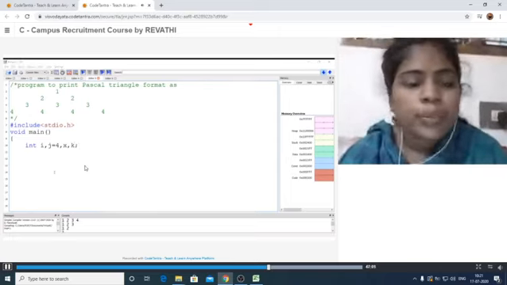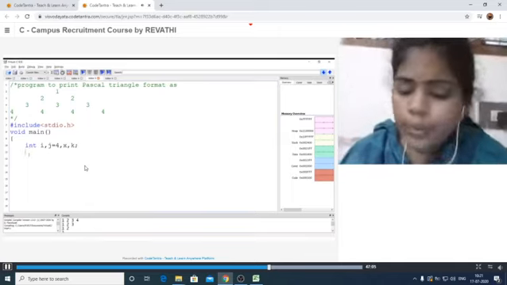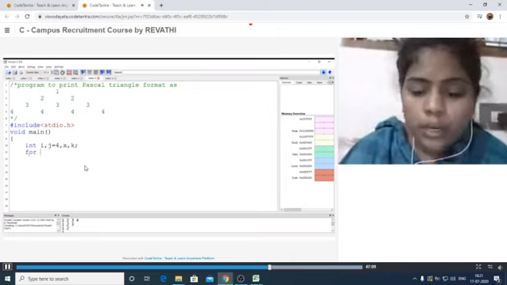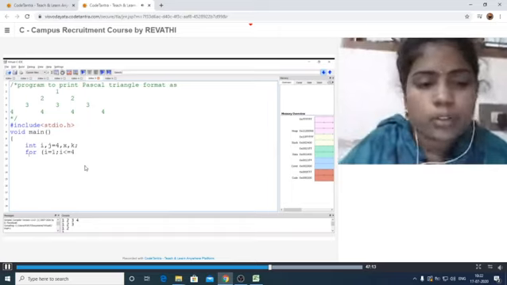Next, write the for loop here. For i is equal to 1, i less than or equal to 4, i plus plus.